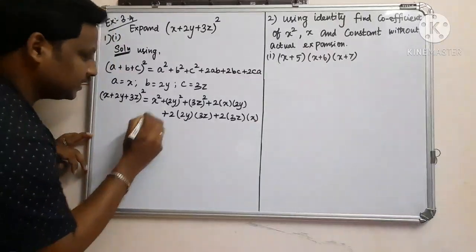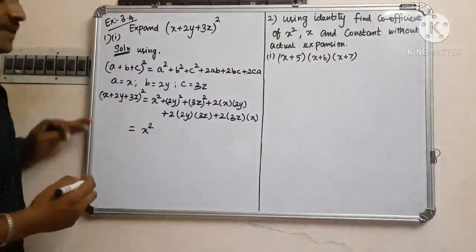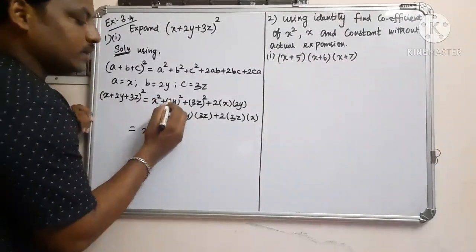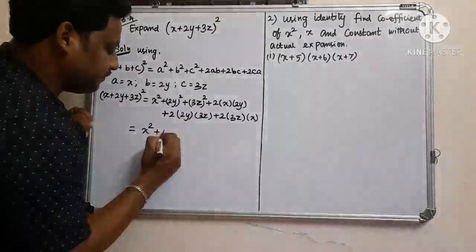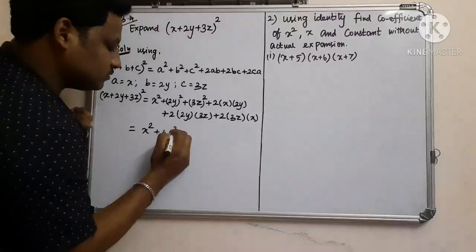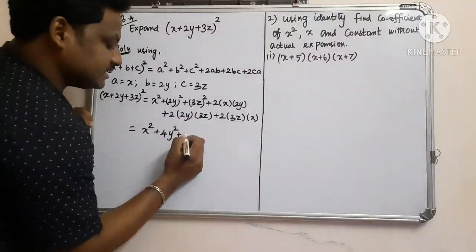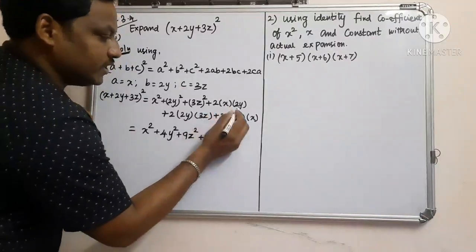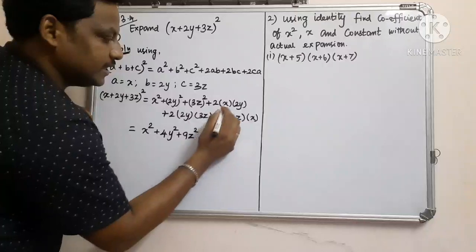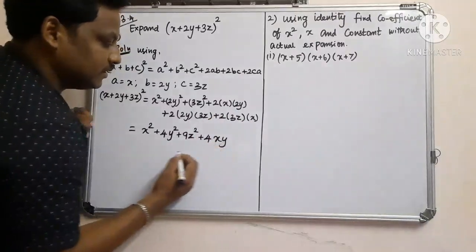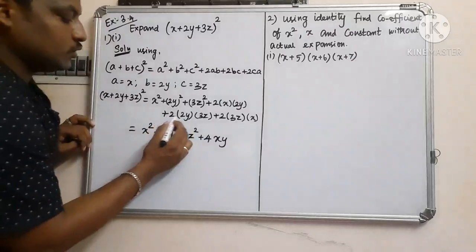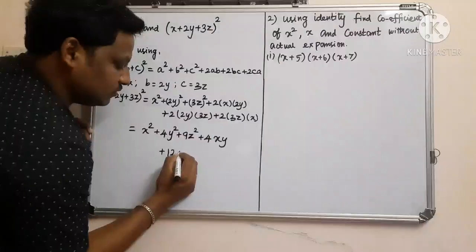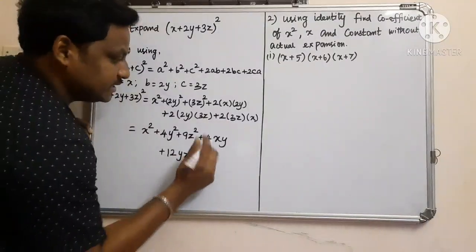So now x square, then 2y the whole square, we have to take the square of 2 and y also. So 2 square is 4, y square is y square, plus 3 square is 9, plus z square is z square, plus 2 into 2, 4, x into y, 4xy, plus 2 into 2, 4, 4 into 3, 12, y into z, yz, plus 2 into 3, 6,